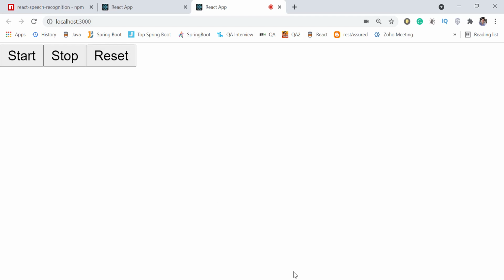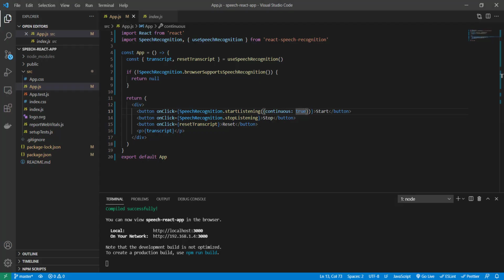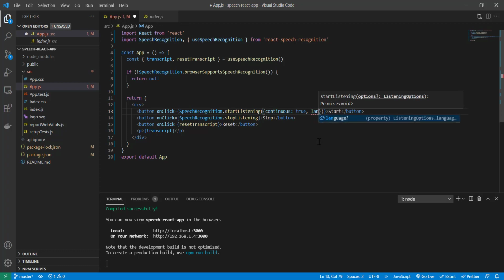Yes, reset will work definitely, and once you click stop, it will stop. The thing is, we have to handle that stop also. So first thing is, we can add here continuous equal to true. Apart from that, you can also add language. So for language, let's say if you are in India, then you can use en-IN, English Indian.